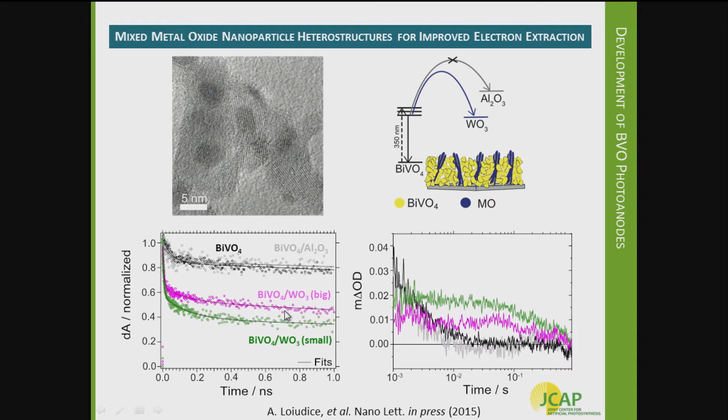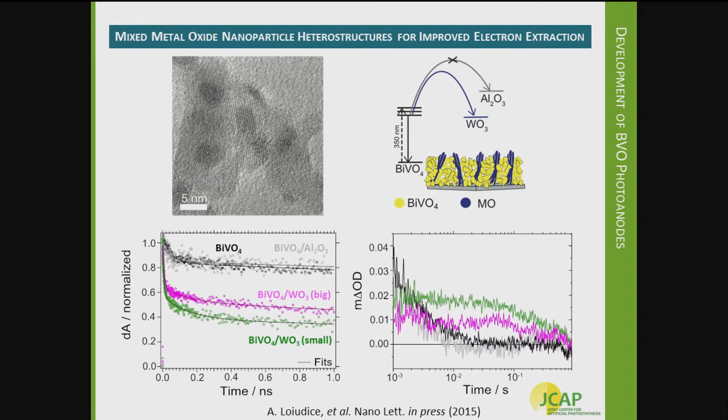If we look at much longer time scales, we can see what happens to the holes that are still in the bismuth vanadate. So now we're looking in a different spectral range. Again, the signal is now sensitive to the presence of holes within the bismuth vanadate. And at this time, we have to look out to time scales that range out to seconds. Because of this large physical separation between the electron and hole, we can get long-lived photoexcited holes within the bismuth vanadate that allow us to